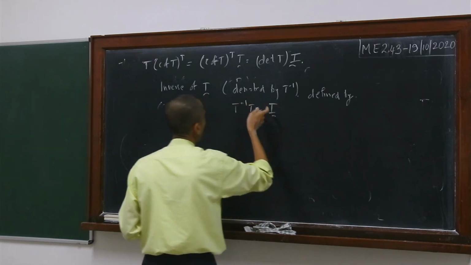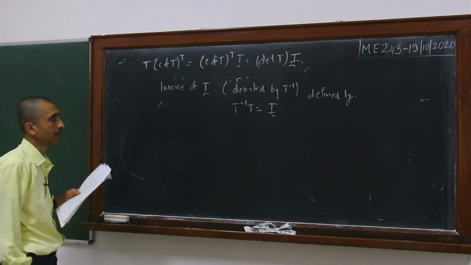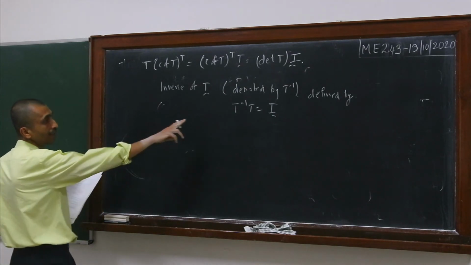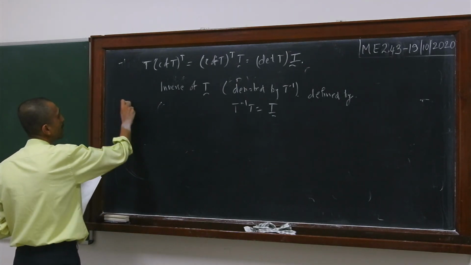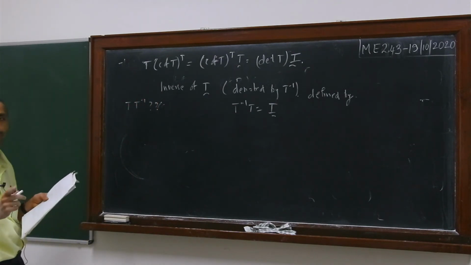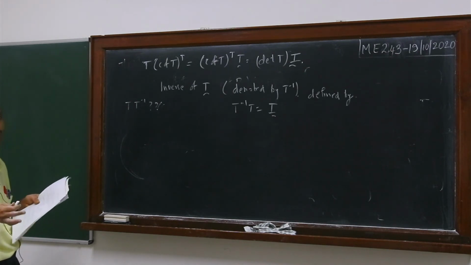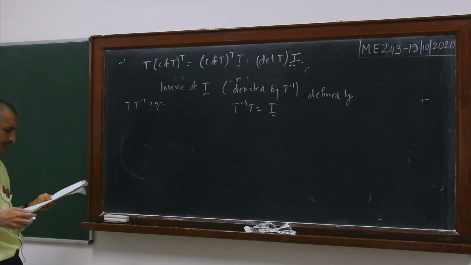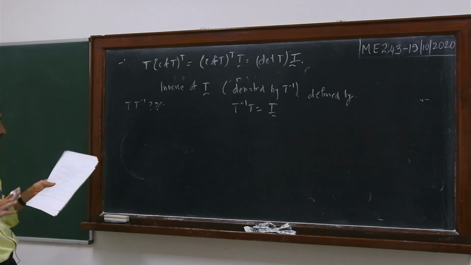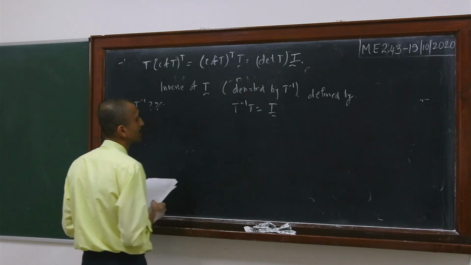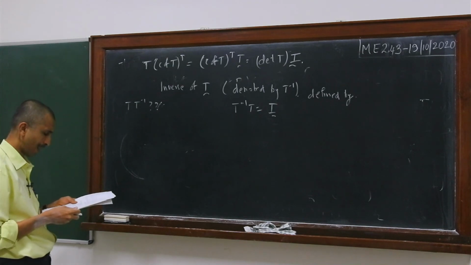This choice of pre-multiplying by T inverse is an arbitrary choice at this stage, in the sense that I do not know that if T inverse T is identity, then what about T T inverse. I don't know whether that will turn out to be identity, so one has to be very careful while defining. Fortunately, it will turn out that T inverse T is also equal to T T inverse, but we'll have to prove that at a later stage. At this stage, we simply define it as T inverse T equal to identity. But first, let us give a characterization of an invertible tensor.